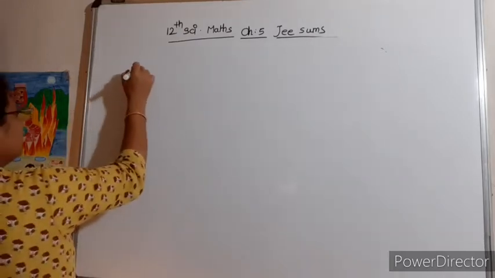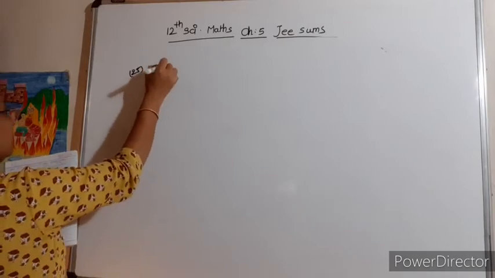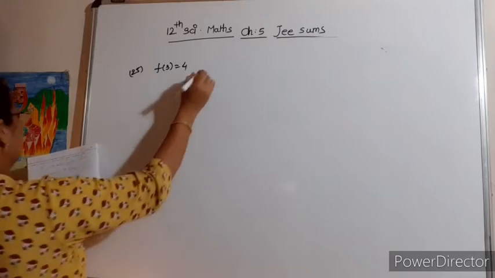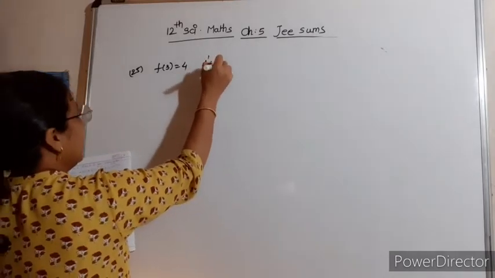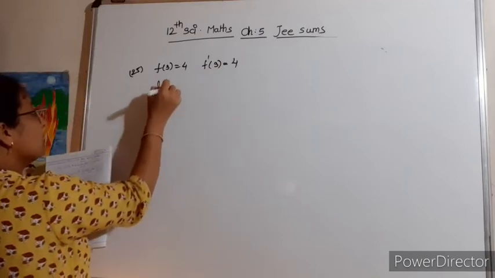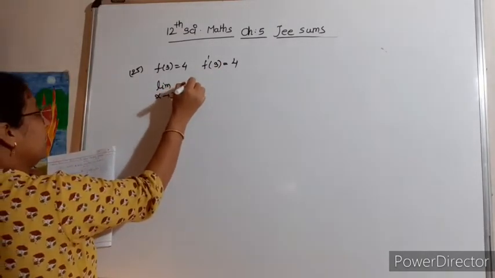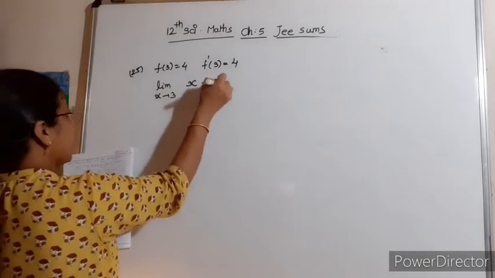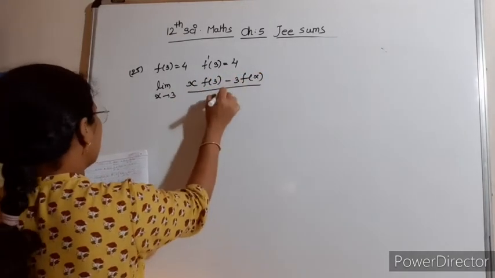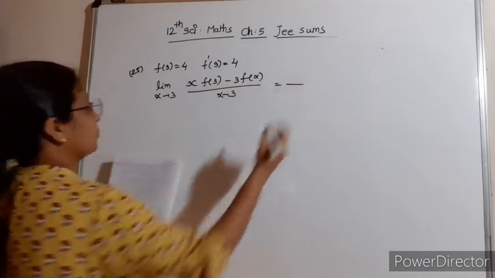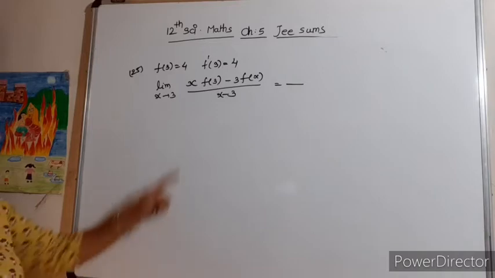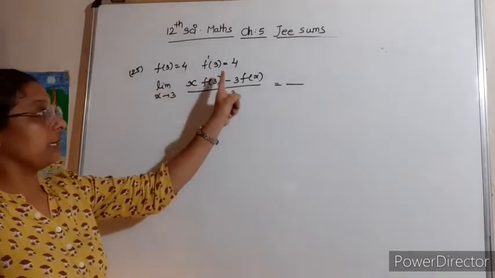So 25. f of 3 is equal to 4 and f dash 3 is equal to 4. Then limit x tends to 3, x f of 3 minus 3 f of x upon x minus 3 is equal to dash. यहाँ पे भी ऐसा एक सम हमने लास्ट लेक्चर में किया था, x f of 3 and 3